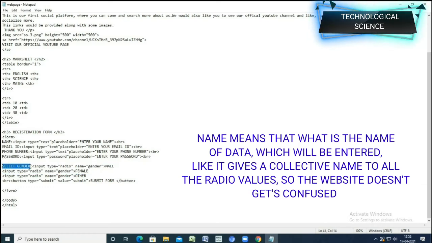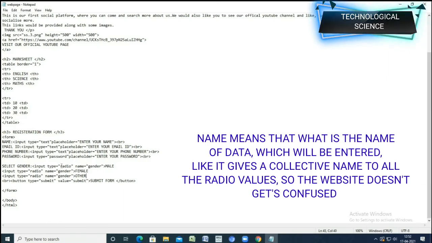For example, over here you can type the question for your students, and over here also question. Okay, so radio means only one option, so this input type is equal to sign and all that stuff.